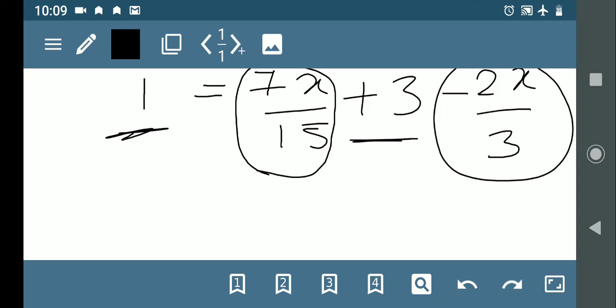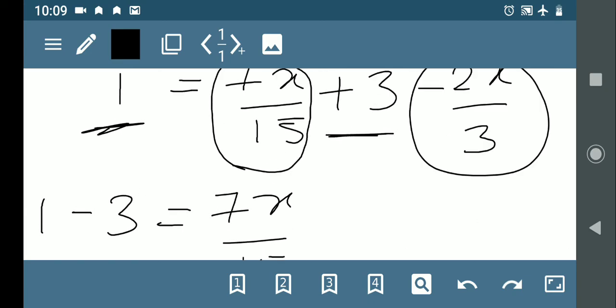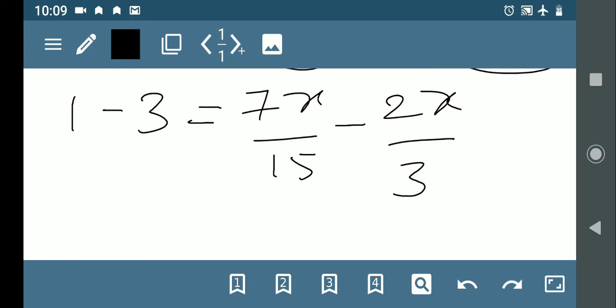So bringing the plus 3 to the LHS, it becomes 1 minus 3 is equal to 7x divided by 15 minus 2x divided by 3. So 1 minus 3 is minus 2 is equal to,